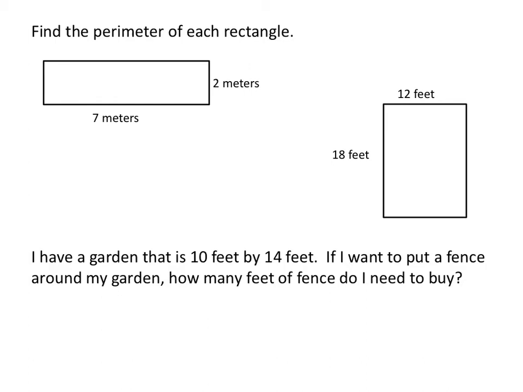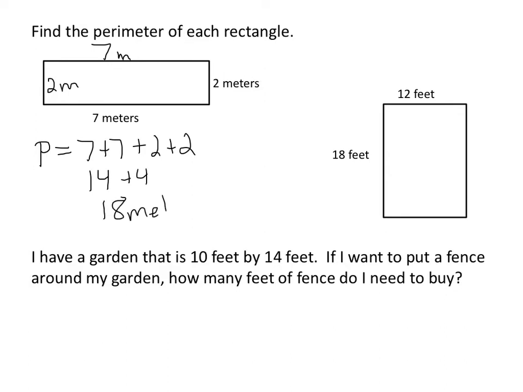Now let's try some rectangles. So with rectangles, remember, we know that opposite sides are congruent. So if this side is 7 meters and this side is 2 meters, then we know that this side is 7 meters and this side is 2 meters. So the perimeter is equal to 7 plus 7 plus 2 plus 2, which would be 14 plus 4, or